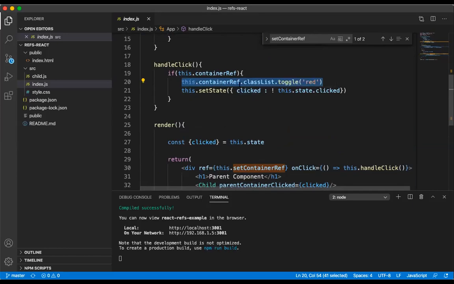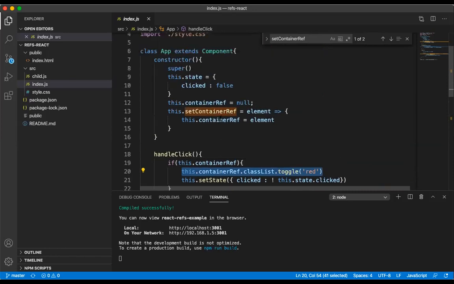If I click one more time, it is going to return null, which means the clicked value will be false.